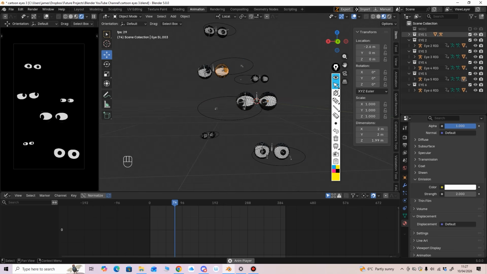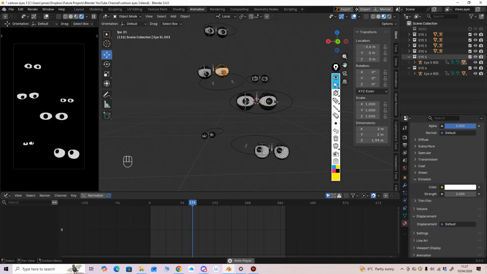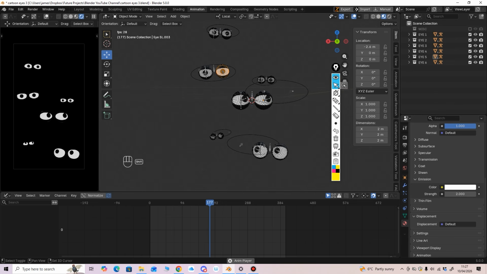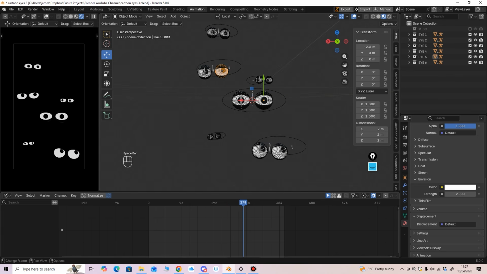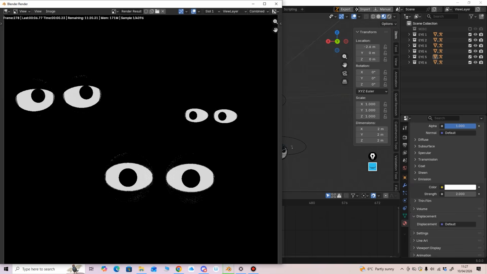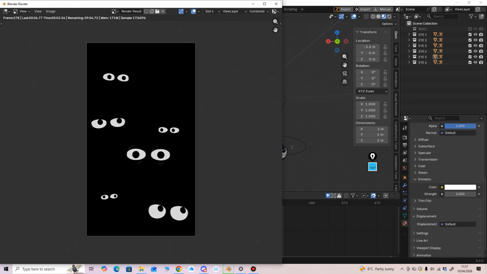So I think guys, that's everything for this one. I'll just add a few little tweaks to it and I'll do a final render for that. So let's just hit F12, one more little look. That's your cartoon eyes in the dark,